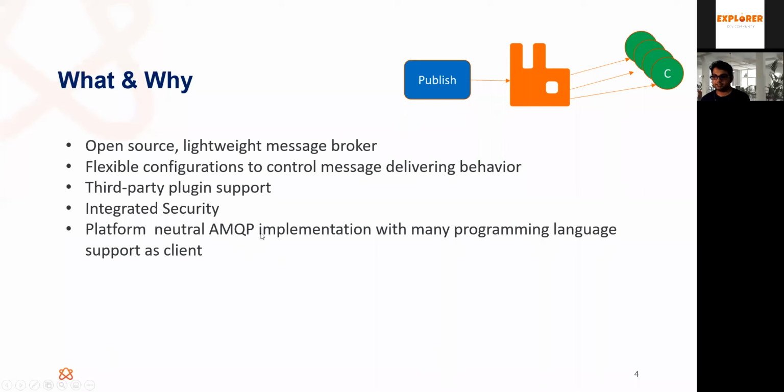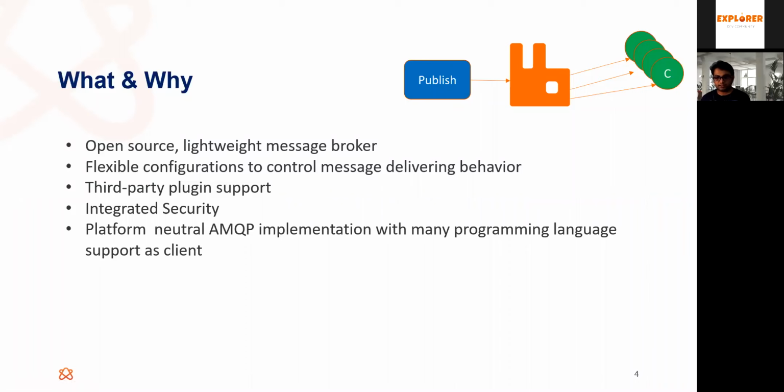Anyone who speaks this protocol can communicate with it. Because of that, it is language independent. A publisher can be from .NET and a subscriber can be from Java, so it supports multiple languages. There can be multiple clients with different technologies.